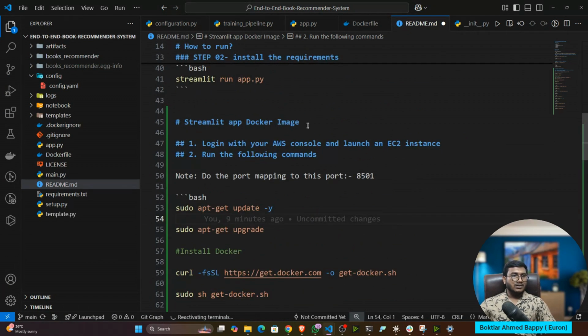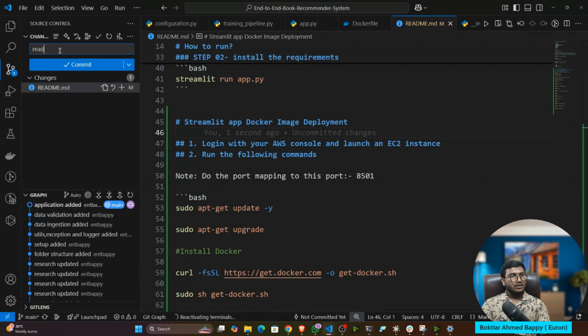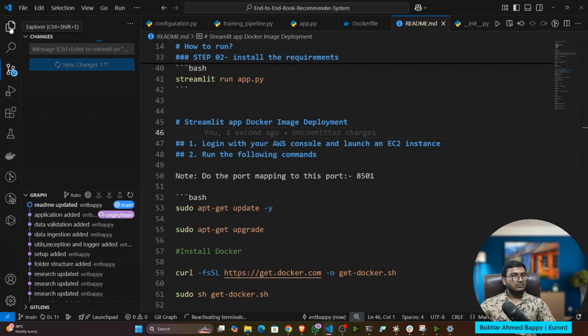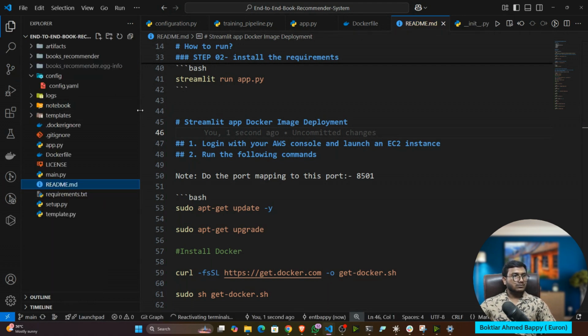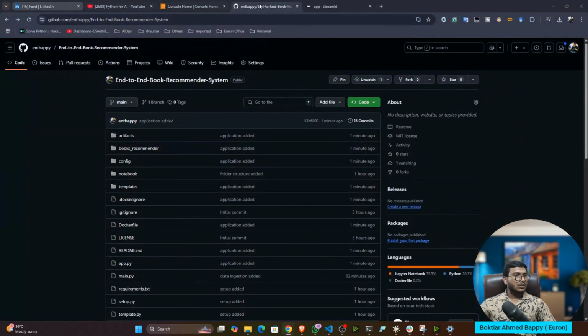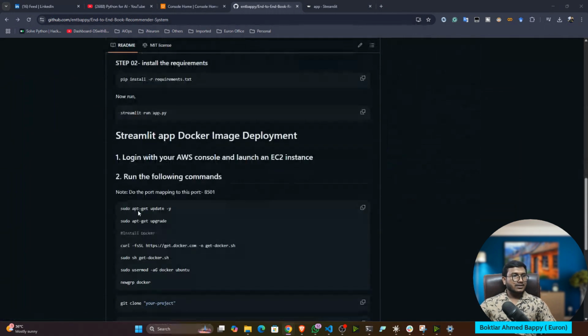Streamlit app Docker image deployment. Let me commit, README updated. Now, if I refresh, so see guys, this is the deployment step.